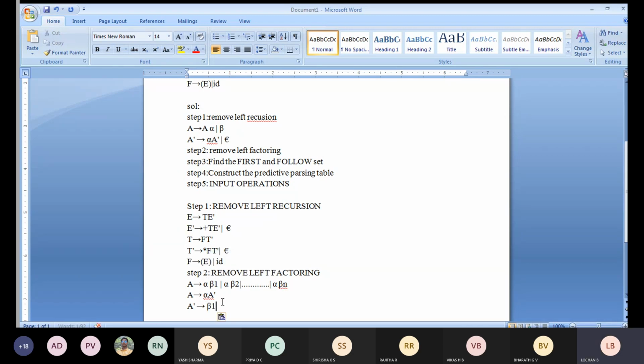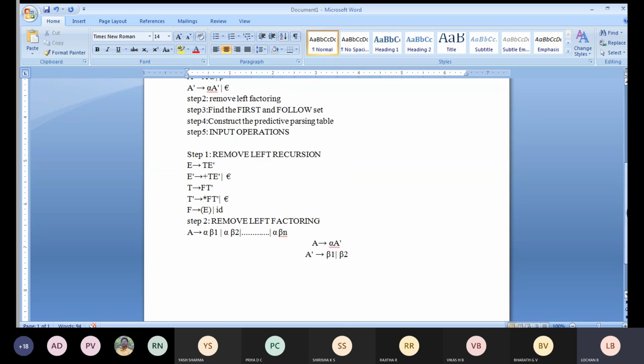Beta 1 or these are the things I've done in the last class, all those things in the starting of your module. Okay, so if you see in this particular case, these are the two steps we will be looking at in left factoring. One common thing you need to get whenever the production arises. For example, if you see the production, A implies alpha beta 1, alpha beta 2, up to alpha beta n. So which is common you are going to get here? Alpha you are going to get the common.